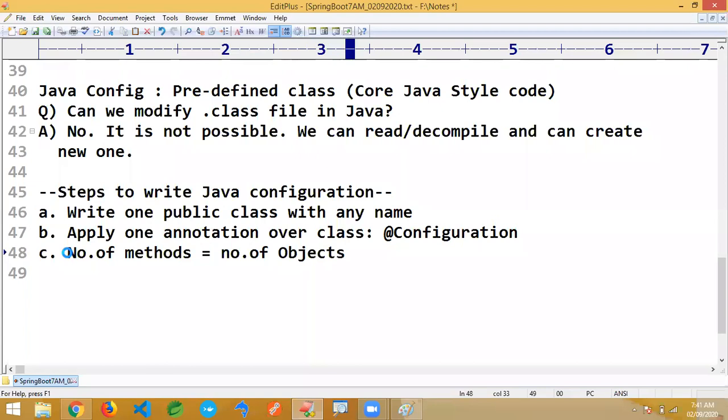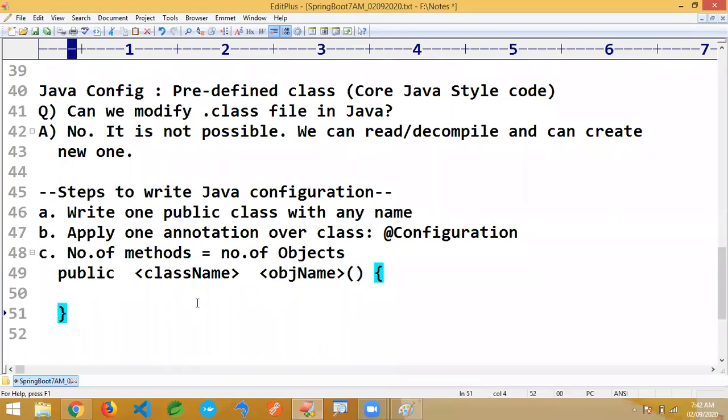The format is public, then the class for which you want to create the object, or you can write an interface also, but to make it simple I'm writing the class name. Then the method name behaves like an object name, followed by open and close parentheses.